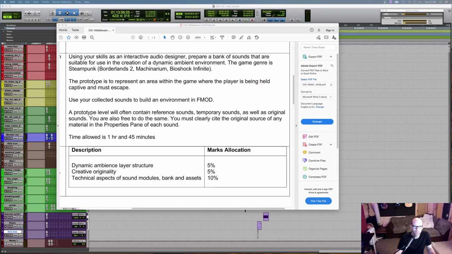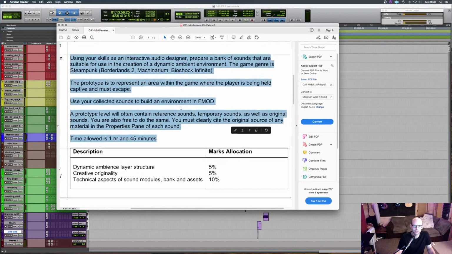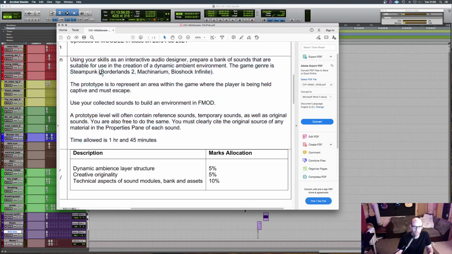So this was our first continual assessment stroke test for the audio middleware module of the course. What we had to do was this: using your skills as an interactive audio designer, prepare a bank of sounds that are suitable for use in the creation of a dynamic ambient environment. The game genre is steampunk, so a la Borderlands 2,